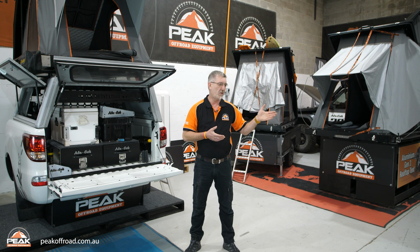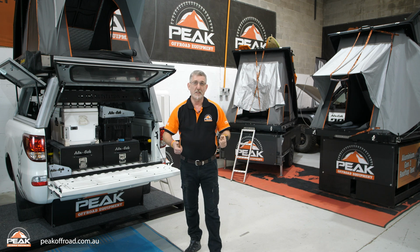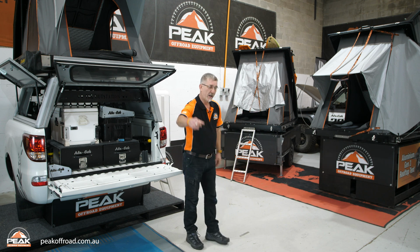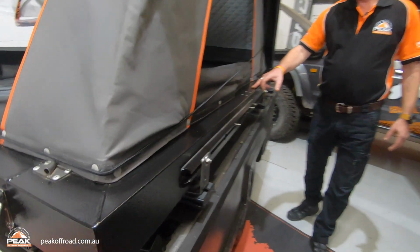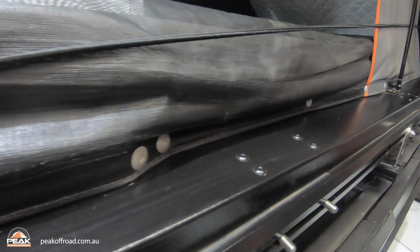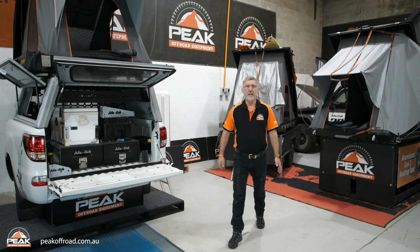See what's changed from the first time you bought the tent to the last time. Does it close? Do you need your missus to sit on the lid to put the latches on? If you have a look at the seal line, I'll grab you one more time, Artie. You can see here, sorry, you can't see this one because I cleaned it so much. There is a seal line here. You can just barely make it out because this tent has been cleaned out fairly often. When you lift your tent up, have a look if the seal line is okay. If it's interrupted because you've actually put the canvas down, then you know that the problem was the canvas was not all the way in, and it only has to be a little bit. Again, like I was saying,